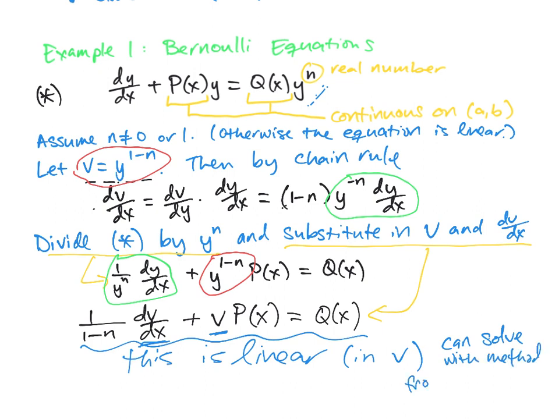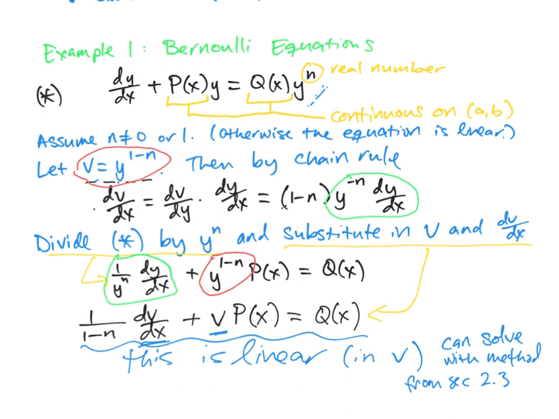from section, what was it, 2.3. Okay, so we know how to solve it. And I'm not going to solve it here because I have an entire video about how to solve it before. So that's the whole point, is that we did a substitution that took a nonlinear equation and turned it linear so that we can do the solution. And when you find your solution, it's going to be in v, but then you just back substitute in what y is to get your final answer in y. All right, so that's one example. Now I'll do another example of